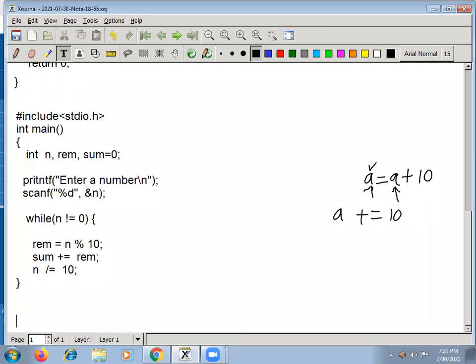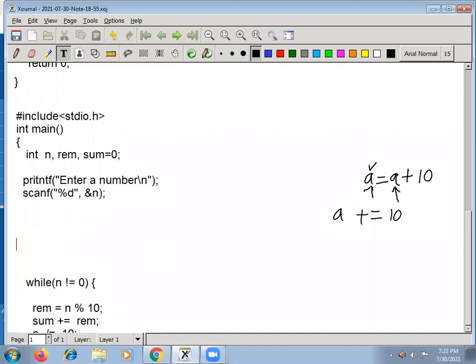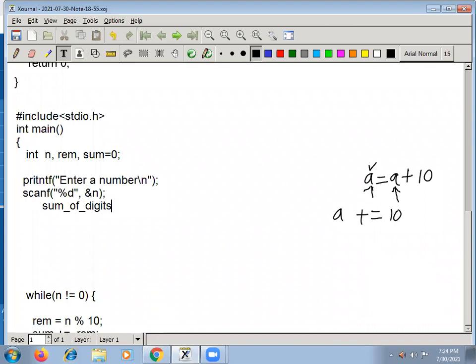So just see here, whenever you want to write code using another function apart from main, you should think like this. Now you are writing the main function, you think like a main function. Enter a number. You entered some number, 123. So now n contains the given number. Now assume that main doesn't know how to calculate the sum of digits of this number. So what it is doing, it is calling a function called sum of digits. You should assume there is a function called sum of digits, and you give your n to this function.